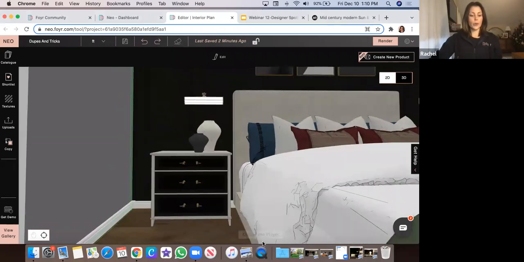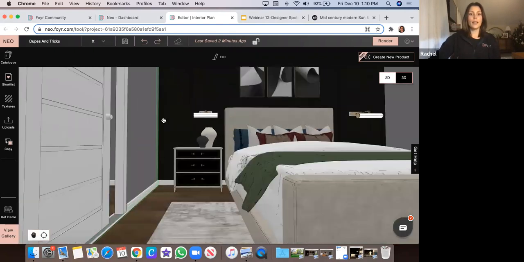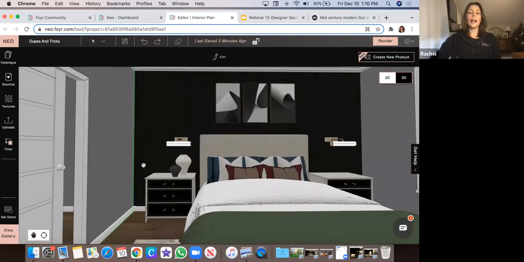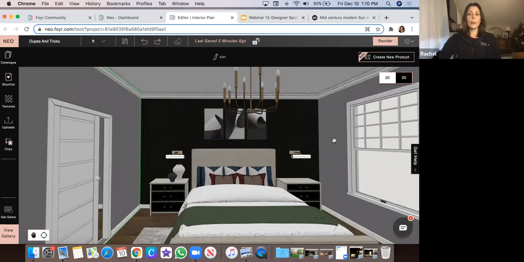Okay, so, setting consistent lighting. Sometimes a designer will say to me, I have these lamps or maybe these wall sconces on the wall, and then my main lighting fixture up top here. But when I take a render, these lights have a white light, and then this light is a warm yellow light, and I don't want them to be different. I want them all to be warm or all to be white. In the texture catalog,